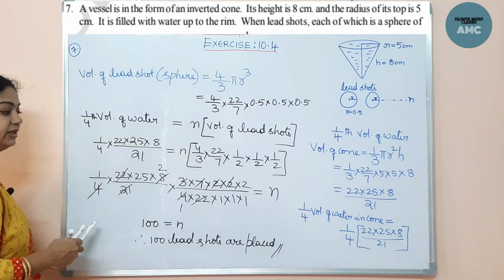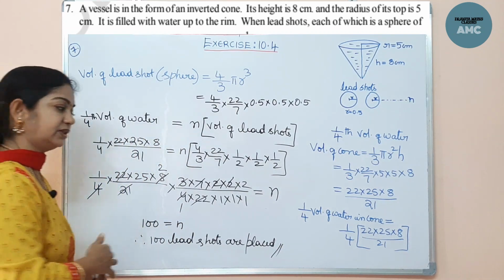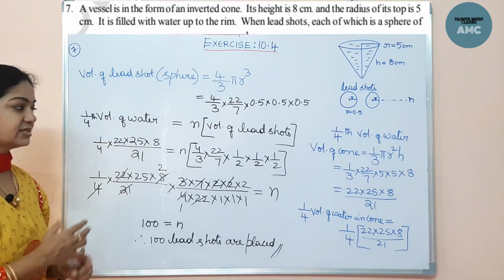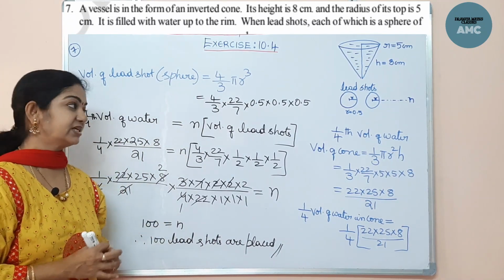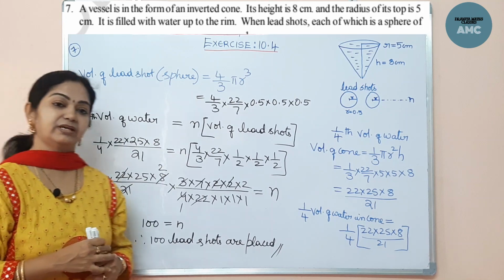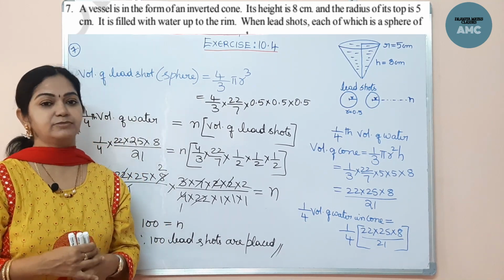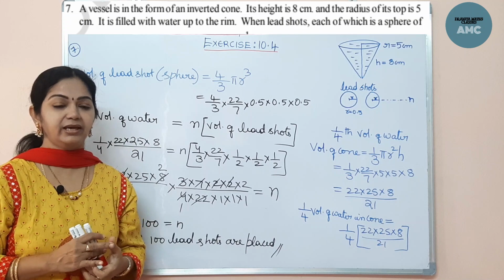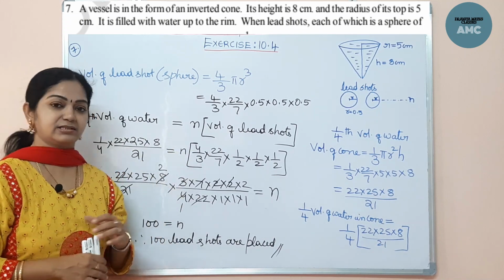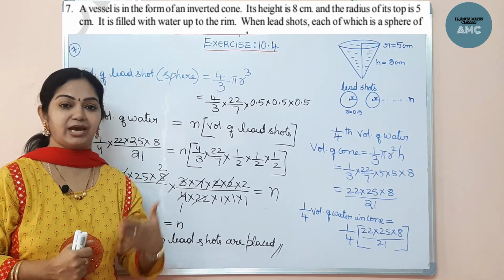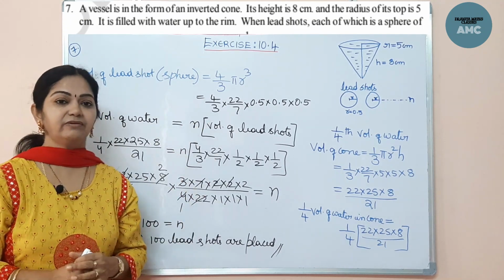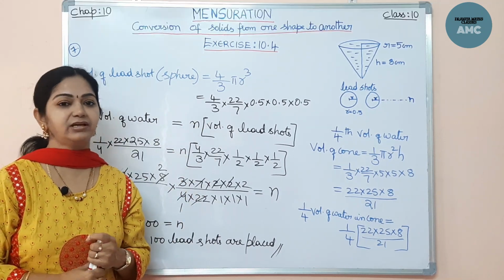Now here the only thing is that we have to equate it with the 1/4 volume. Like this, the conversion of solids from one to the other by equating the volumes we can simply find out. In this exercise we have a few more problems. Those problems you do for your practice. Okay. Hope you have understood this exercise well, learn the concept, and with this we will be completing the chapter of mensuration. Now we will look forward in our next session to a new chapter.